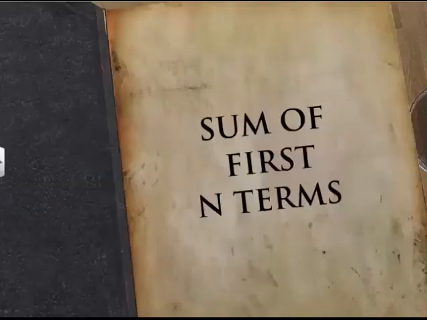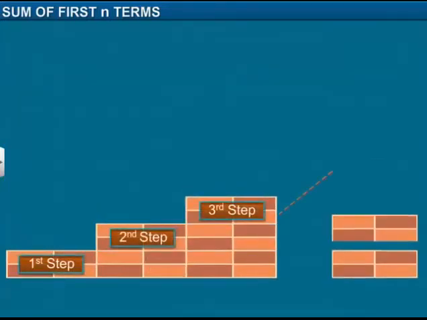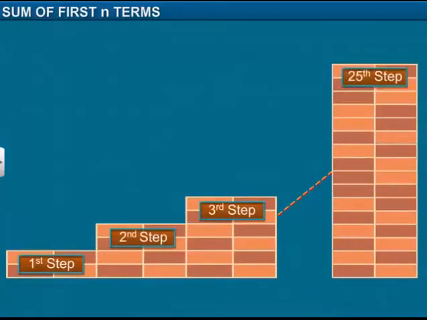In this module, you will learn how to calculate the sum of first n terms in an arithmetic progression. A mason is laying bricks for a narrow staircase. For every step, he needs to add 4 bricks to the previous step. The staircase requires 25 steps. If you were to order the bricks for the mason, how would you determine the total number of bricks required